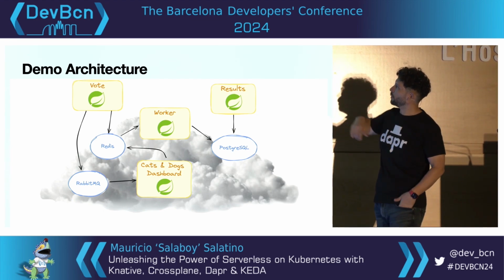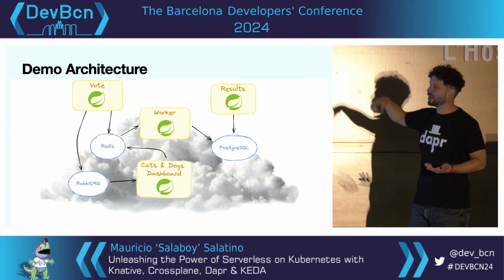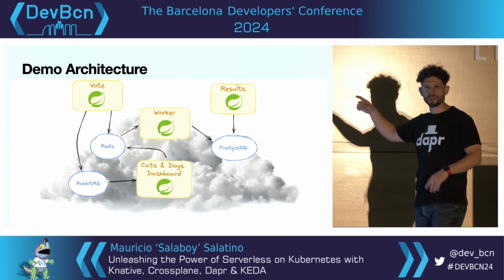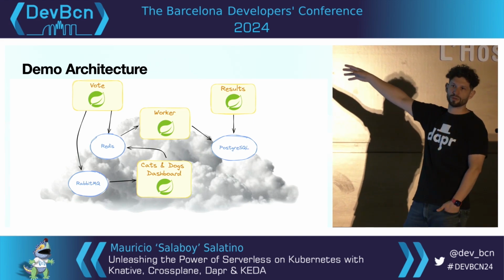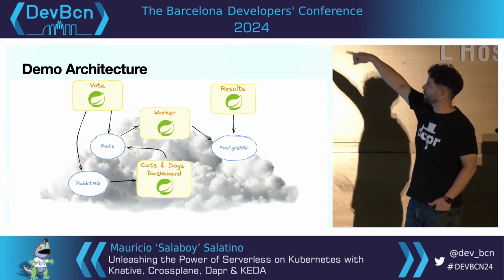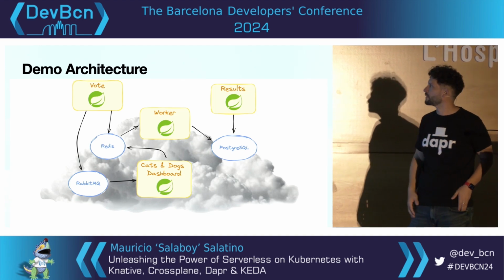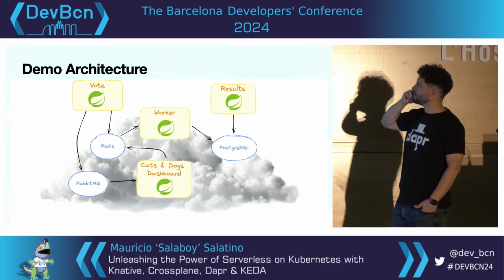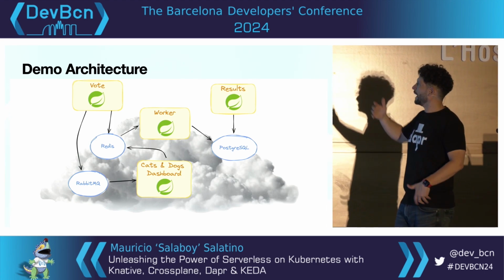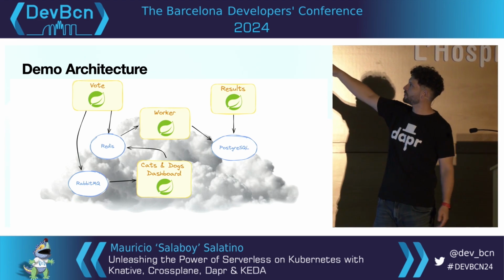In the middle, we have a worker that doesn't have any user interface, and it's doing something like a cron job. Every 2 seconds, it picks up data from Redis and translates that into a view in PostgreSQL. That's being read by the results UI, which shows every 2 seconds the percentage of the votes. Pretty simple stuff, and as you can quickly see here, when I see this architecture, I don't think about functions in general, because I have user interfaces.